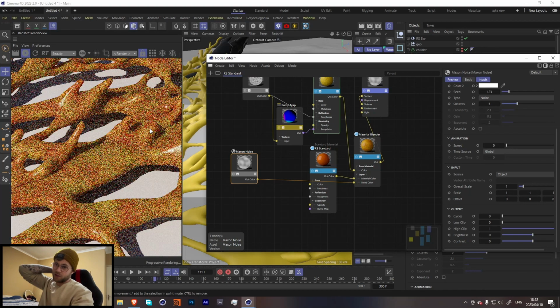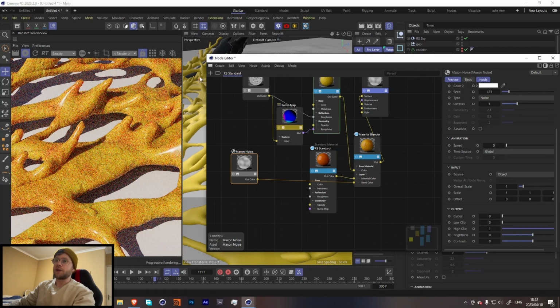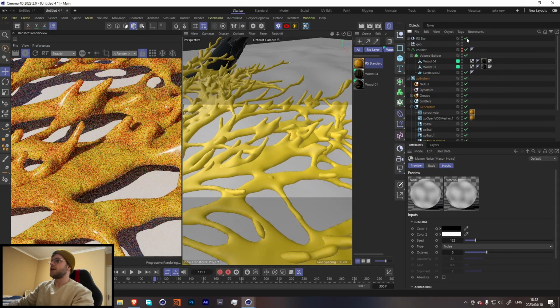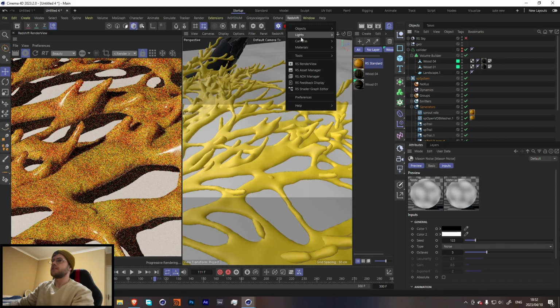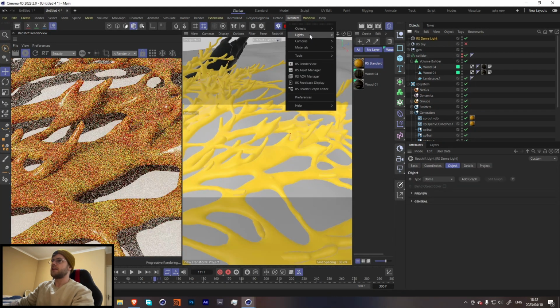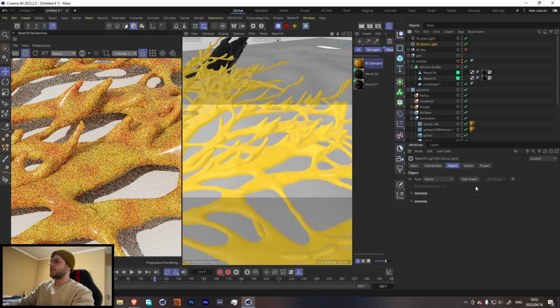I think something like that works fine. So this doesn't look great in this type of lighting, but if we turn this off and add in an area light, just